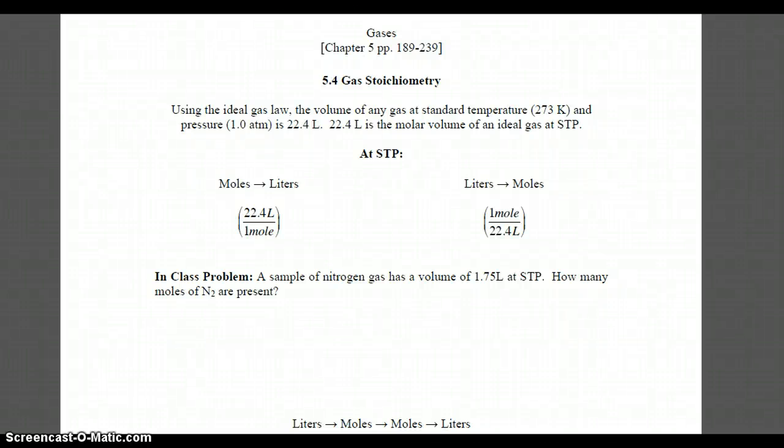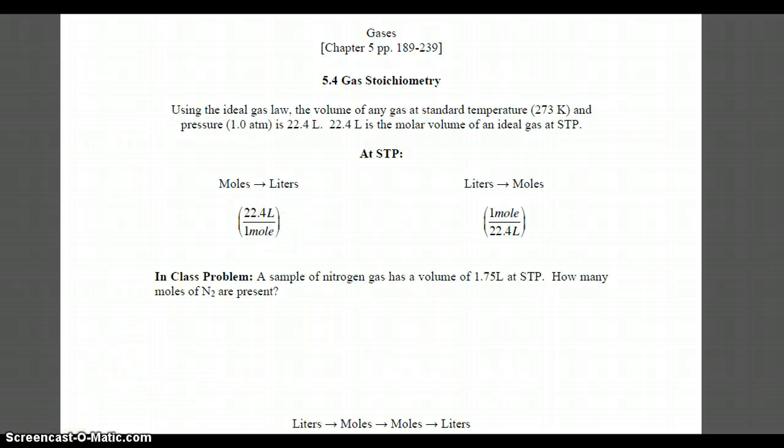Okay, so we had left off at page 16 of your notes, so we're going to talk a little bit about gas stoichiometry. So as we had said, at STP, again, this should be 298 Kelvin, not 273. So at STP, 298 Kelvin and 1 atmosphere, 1 mole of gas occupies 22.4 liters of space. So we can use that as a conversion factor when we are doing